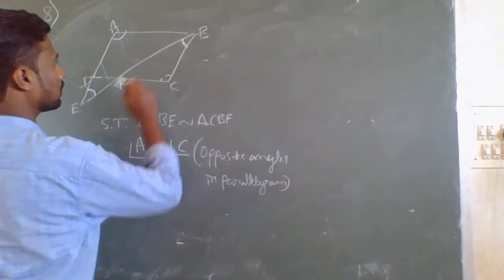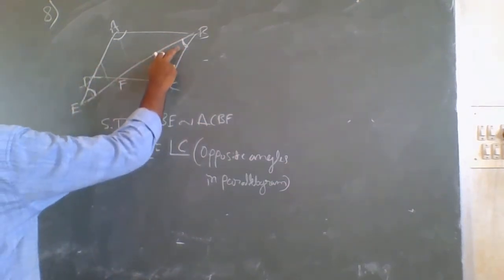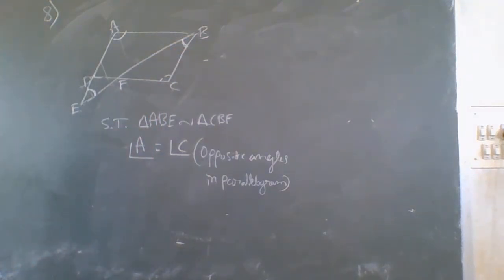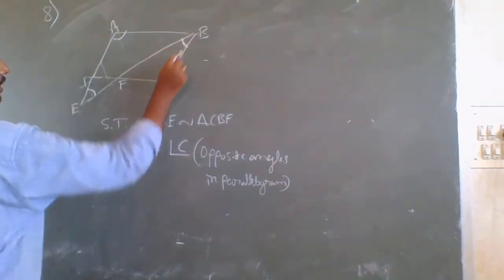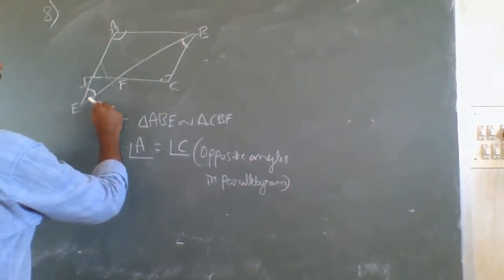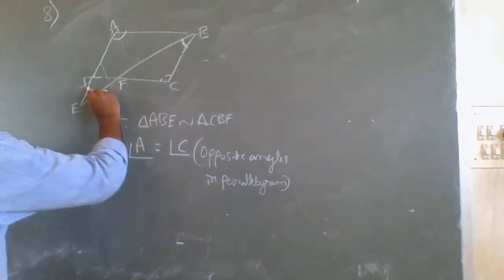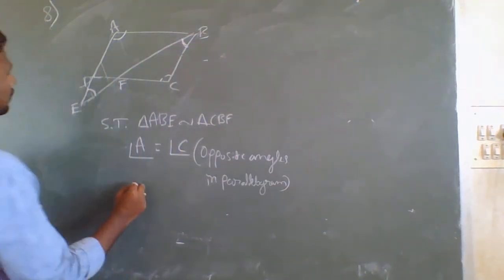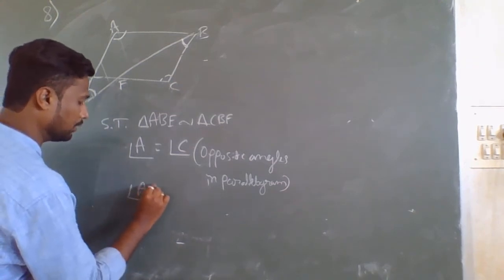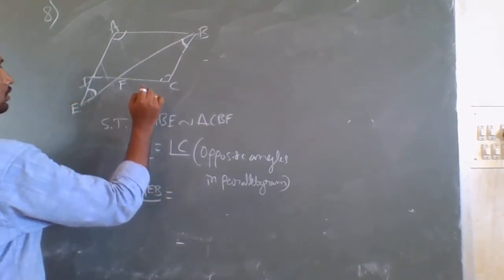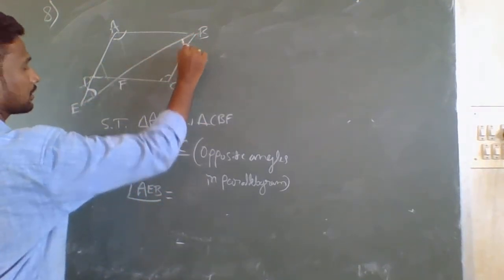Because these two angles are alternate interior angles, because AE and BC are parallel to each other. If these two are parallel, then this is the intersecting line and these are alternate interior angles. Therefore angle AEB equals angle CBE,